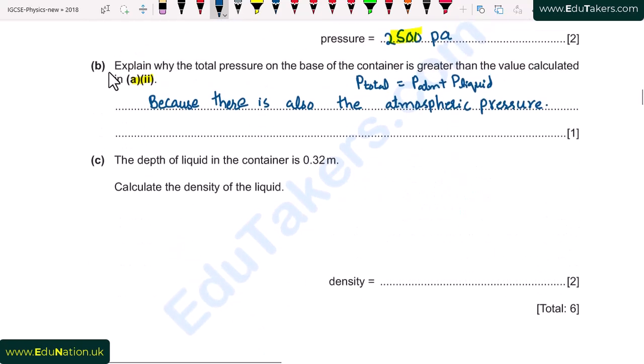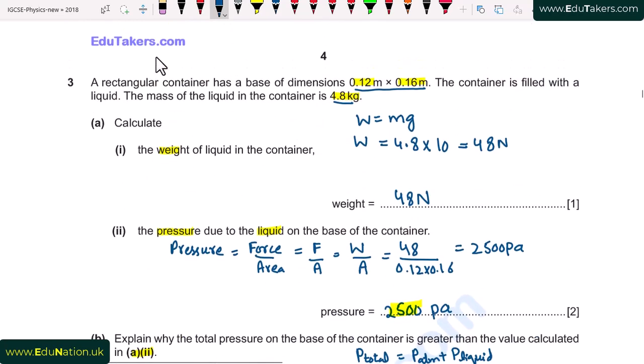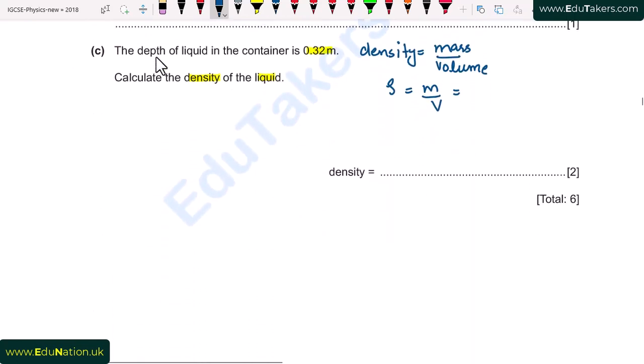Part C. The depth of the liquid in the container is 0.32 meter. Calculate the density of the liquid. Here we have to find out the density, and we know that density is mass per unit volume. I write here density is equal to mass over volume, or I can write it as rho is equal to m over v, where mass is given and it is equal to 4.8 kilogram. So I write here 4.8